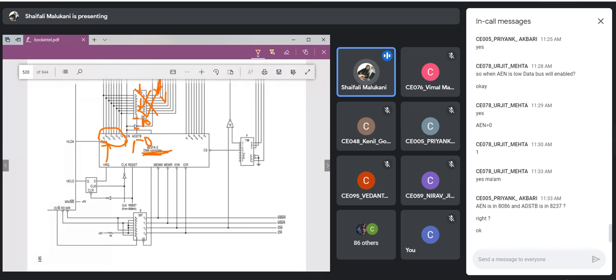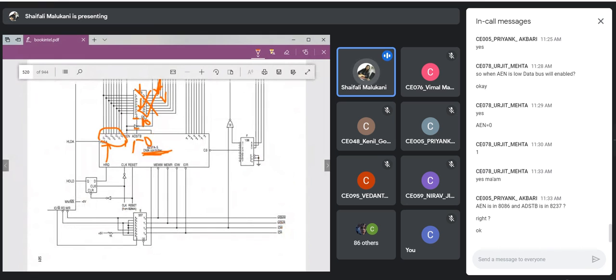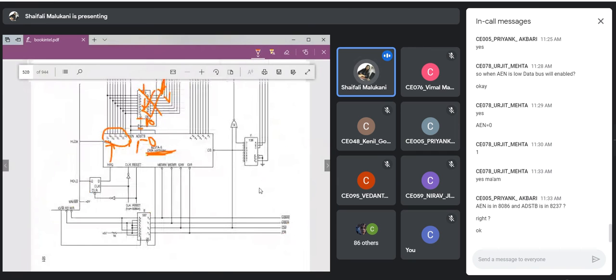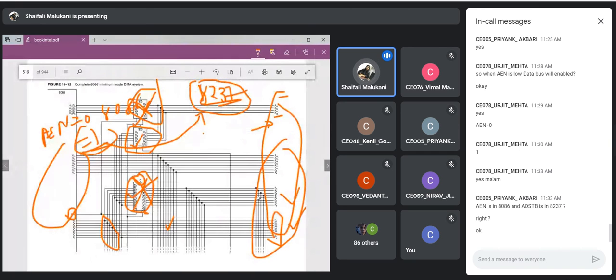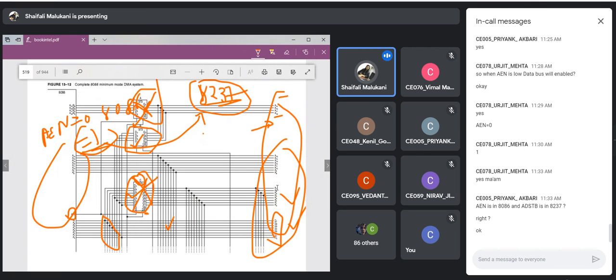So now what is this? Right now it is not our concern, but if I want a particular combination, how is this multiplexer controlled? It is controlled by these lines, which are the A7 to A4 lines. Out of those, A4 is connected with this enable, and the other three are connected with A7, A5, and A6.